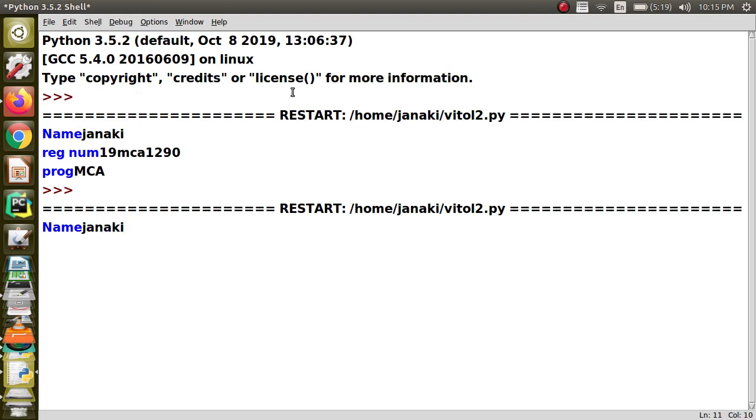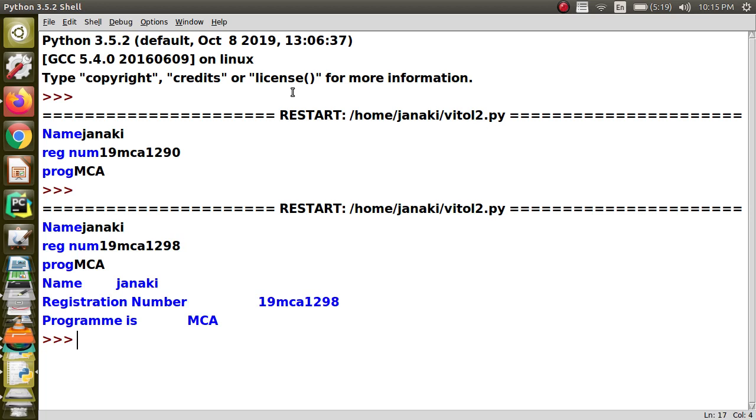Now I can enter the values, and then we can see that there is a gap, because the tab character is there, hidden, right? So there is a lot of gap after the label. These are all the labels: name, registration number, program.